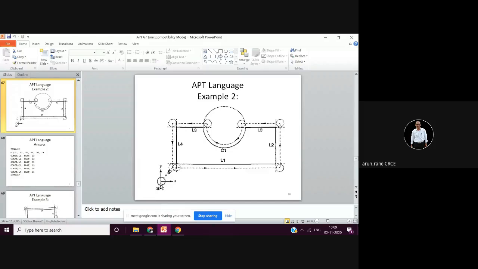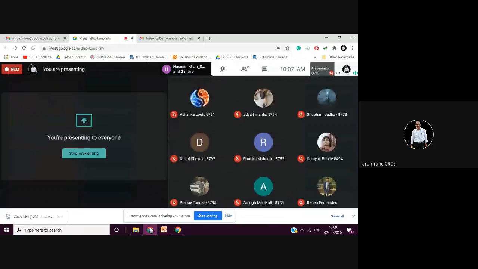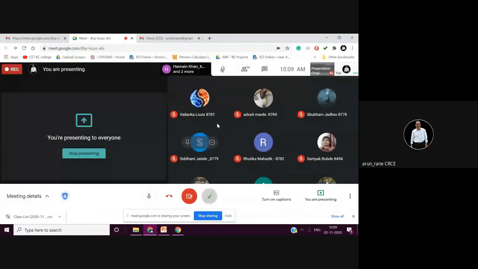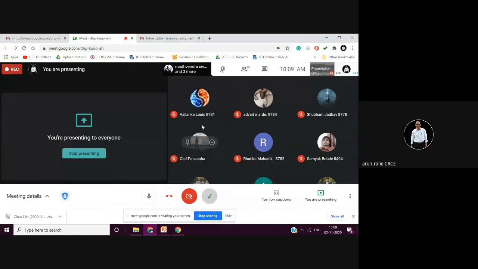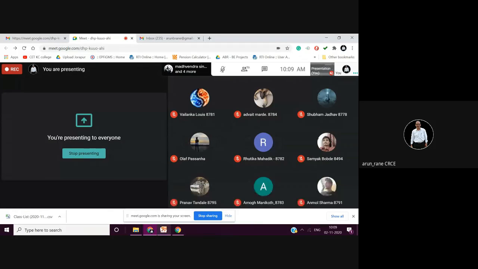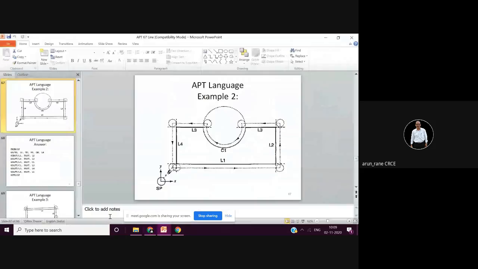So this is your start point. This is your start point. I hope nobody is waiting. Yeah, so this is your start point, and from here what we have to do is the external machining.